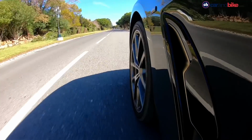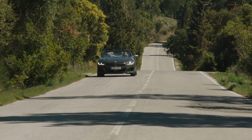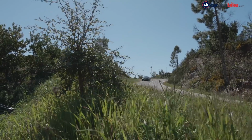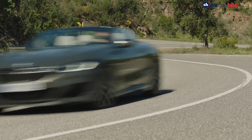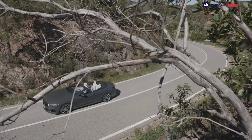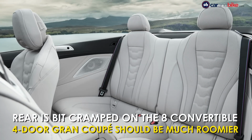The car is fun to drive for sure and can take a fair amount of punishment, and that leads me to wonder, no, salivate at the prospect of the M8 that is also expected later this year. Yes, more so than the Gran Coupé, even though from a market point of view, I should care about that more. On the downside, the cabin does feel a touch cramped, especially at the back, but in every other aspect,